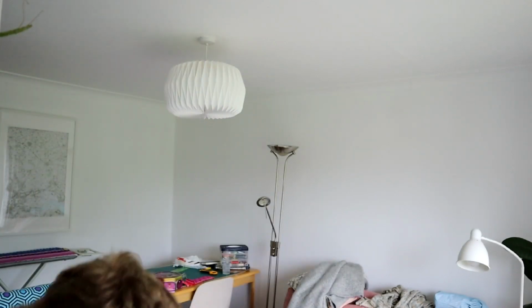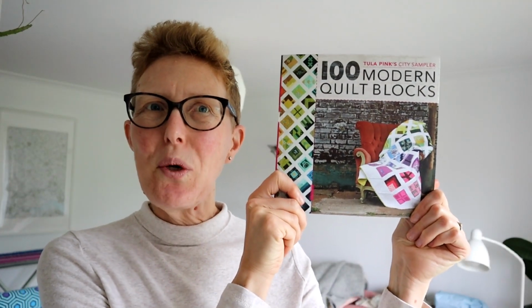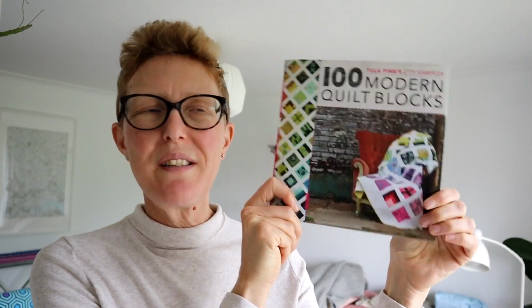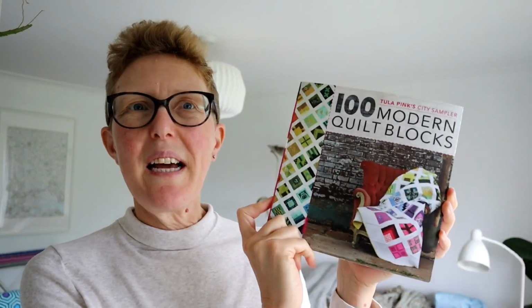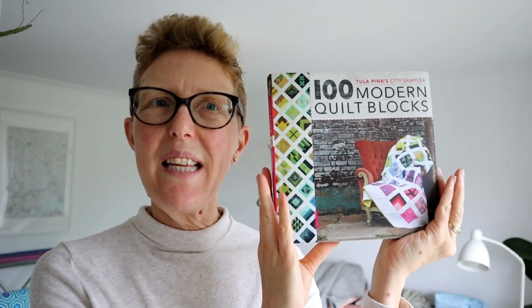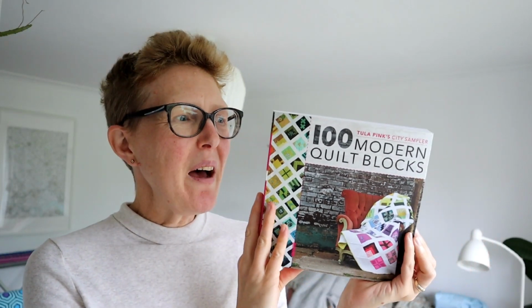Stand by. And it's this one. It's Tula Pink's 100 Modern Quilt Blocks book. And this is set up to make all the quilt blocks and then to put them all together as you would a normal quilt and then quilt it that way. And I was like,